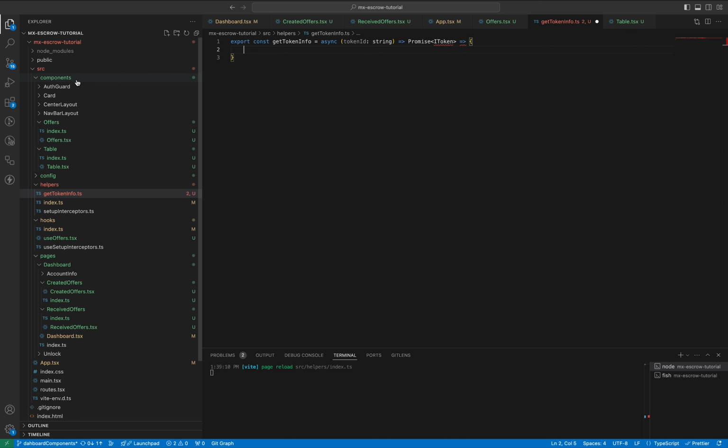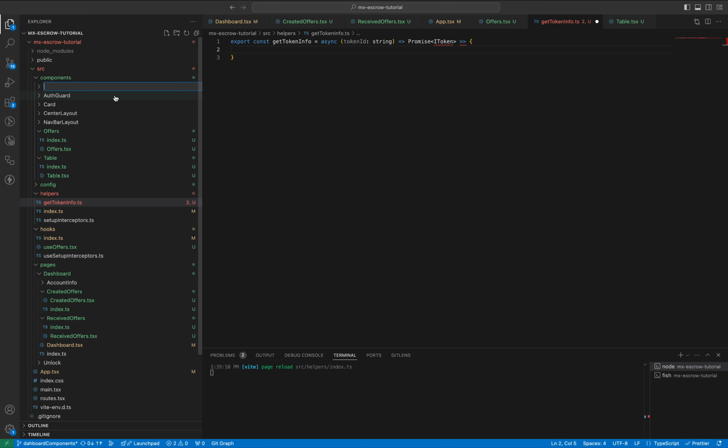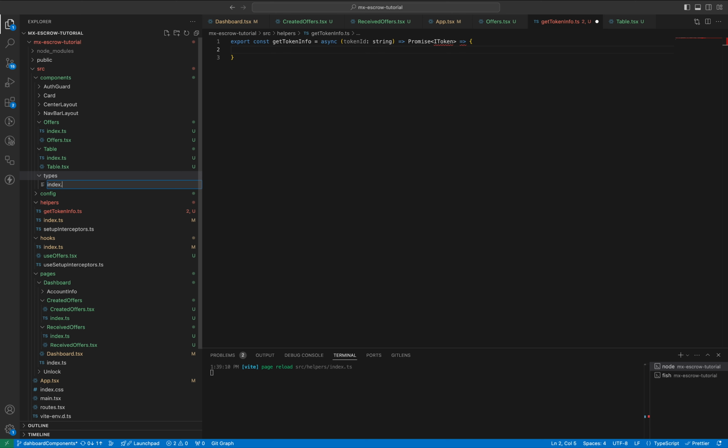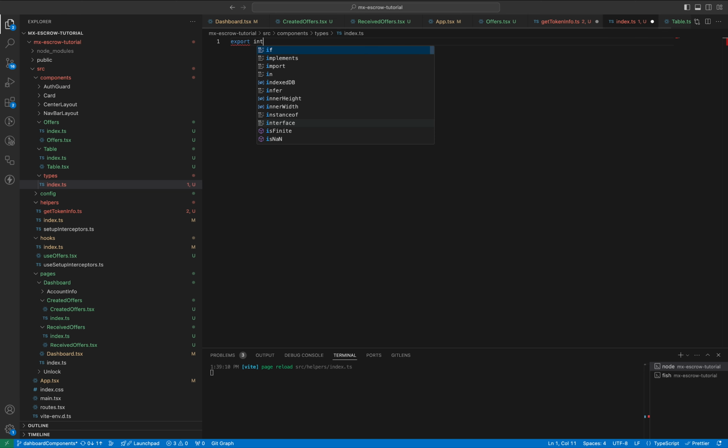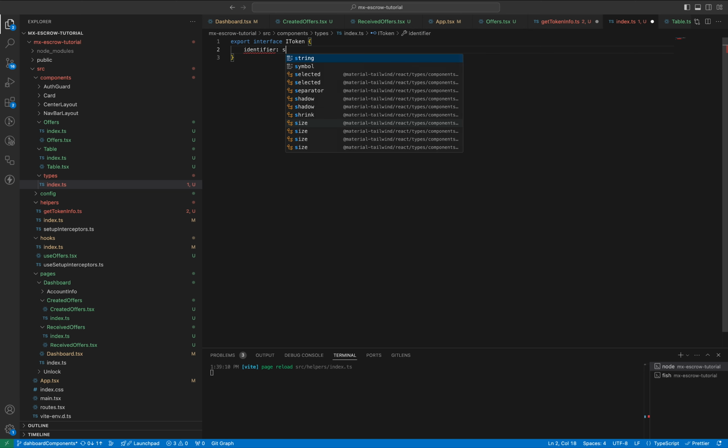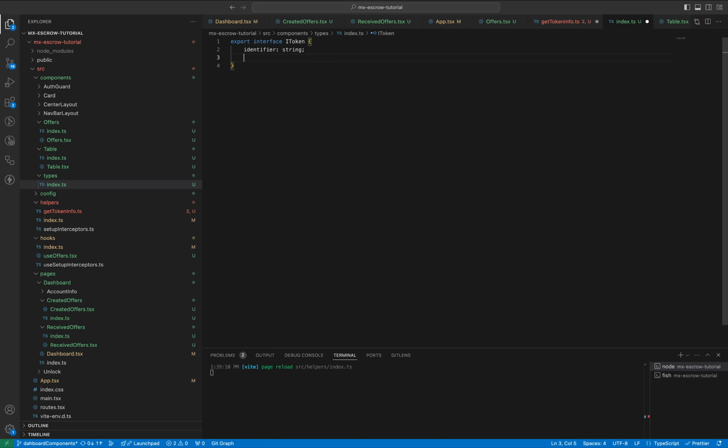Let's define our types also. So for that, we'll create a new folder named Types. And we will define our iToken interface. We would expect the following parameters: an identifier, a type, which will be token types and which we'll define shortly,